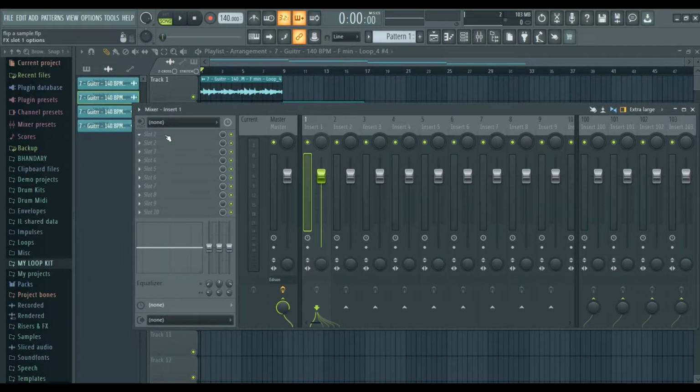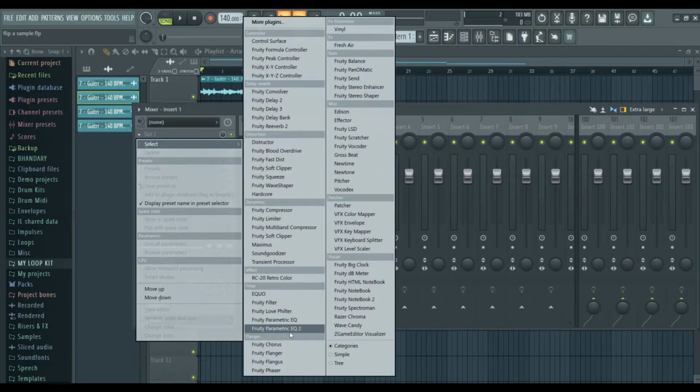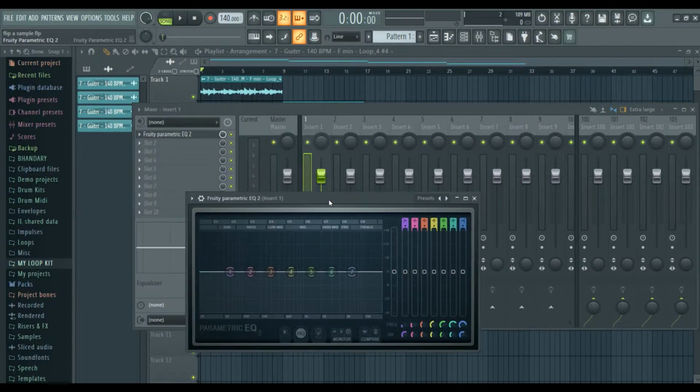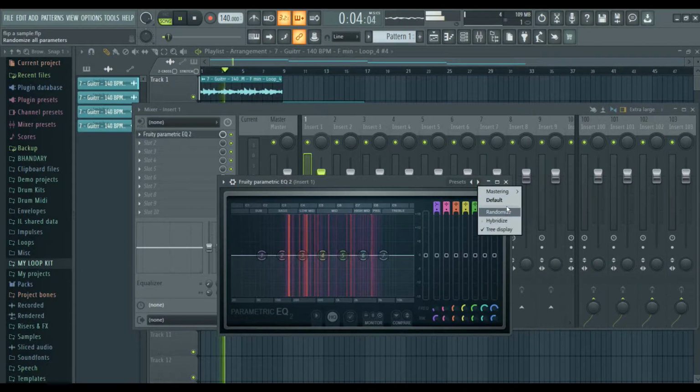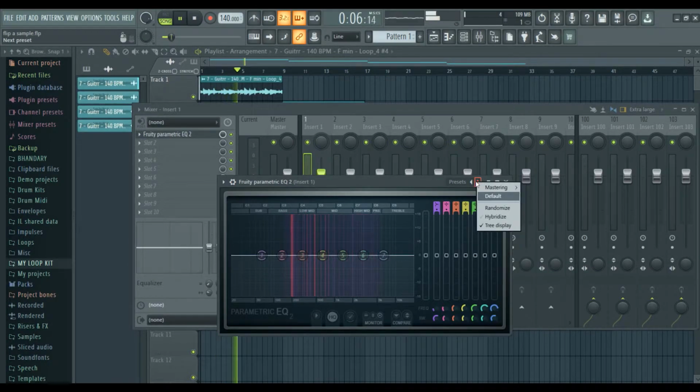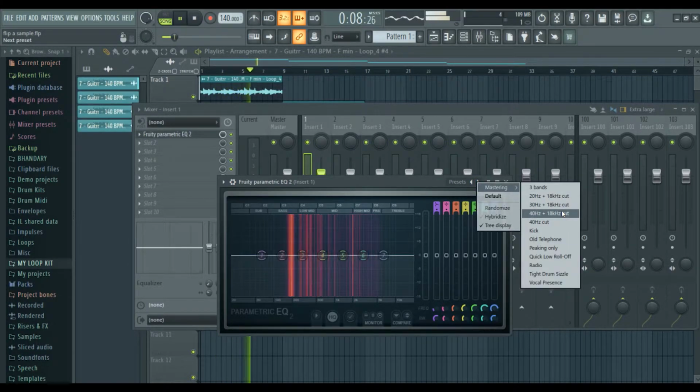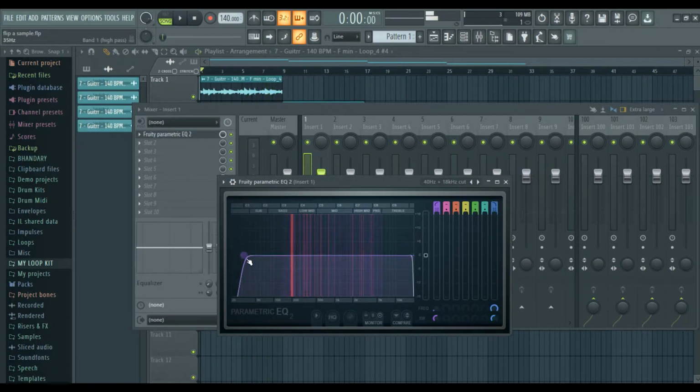Okay, so let's do a bit more processing. I'll open an EQ for the first part. Right click on the arrows of the presets, go to mastering and select 40 Hz plus 82 Hz.